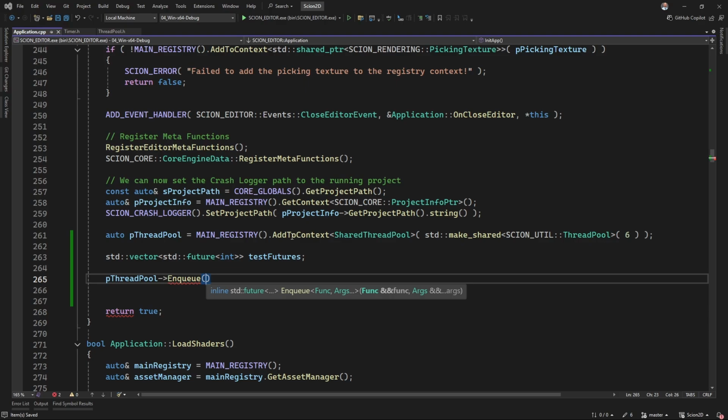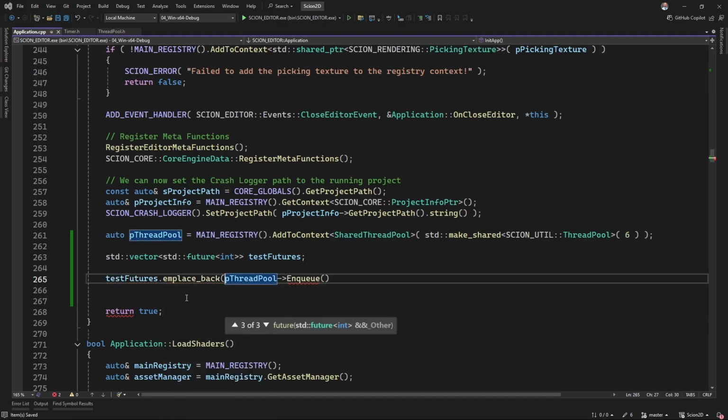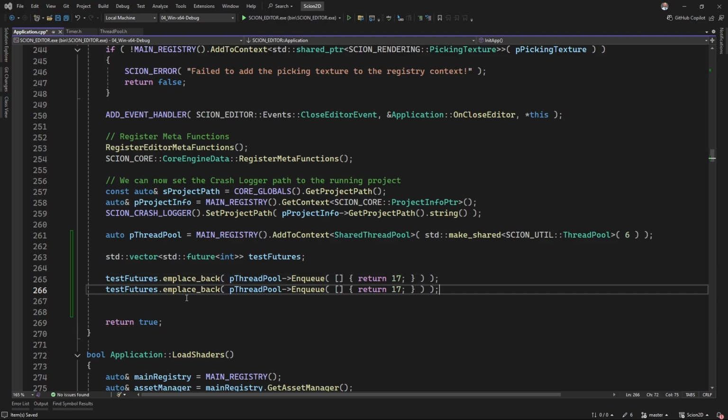And we're going to want to send in a function and the arguments. And we're going to want to get the future from that. So go auto F1. Or actually, let's just go test futures dot emplace back. Return 17. Another one. Then this one will be